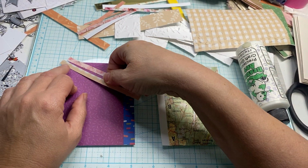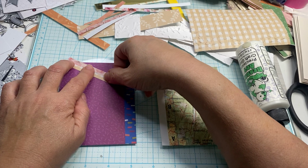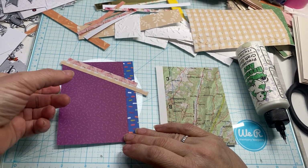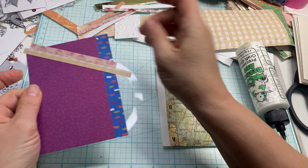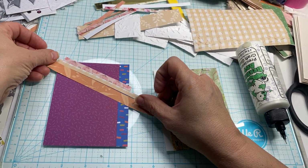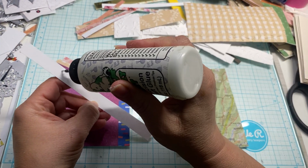I'm not going to really pay attention to the papers because I know that they all go together because they all came from the same paper pad, from the same project, and so I know they match. The only thing I want to do is to make sure that I don't have two pieces that are the same next to each other. They can be different thicknesses,